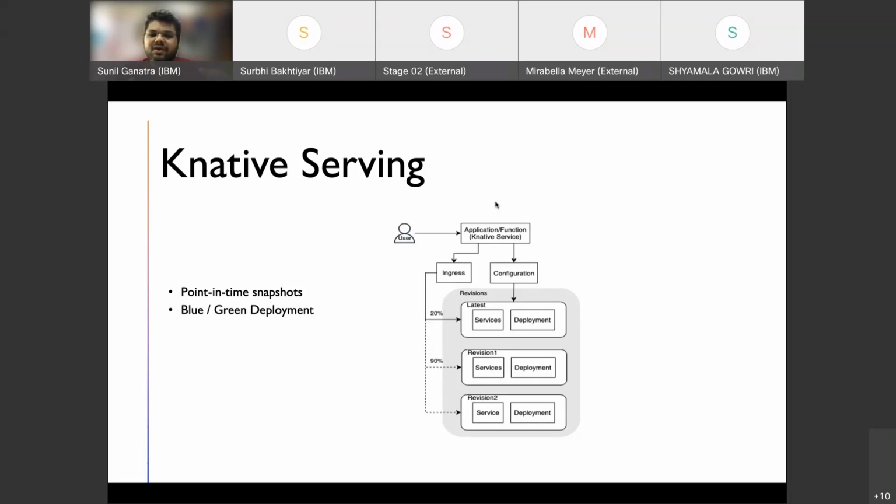And let's say you are deploying new code. In that case, you can choose to redirect only 20% of the requests to a newer revision, where you can verify whether things are working fine or not. And based on that, you can redirect all the other 80% of the requests to your latest deployment. And let's say if something goes wrong and you want to roll back to an older version where things were working fine, then you have an option to do that also.